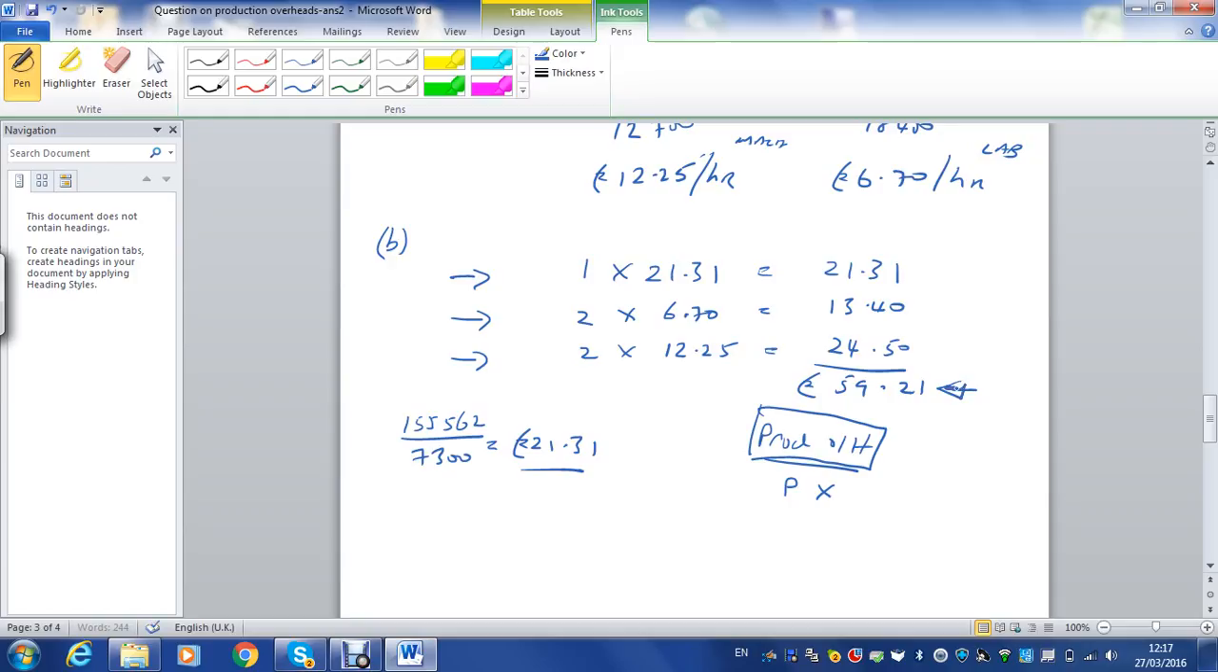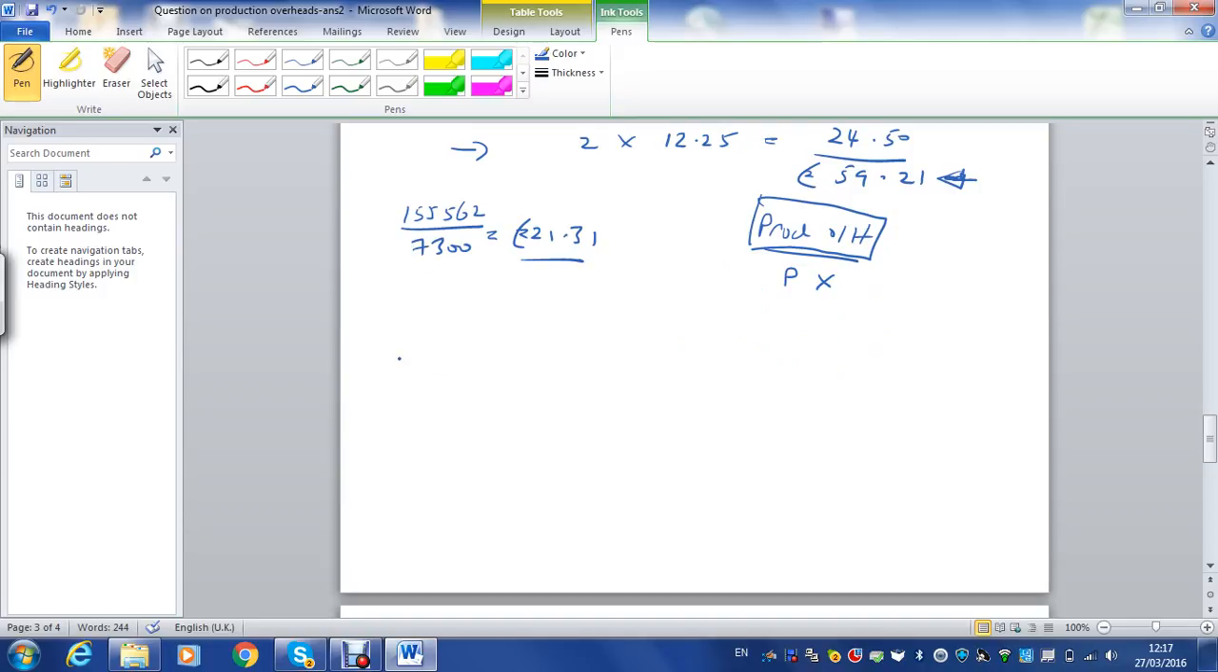Okay. Number C asks you about the blanket overhead, which we had at 278,810. Well, it doesn't make sense to just use that in total, because we have different components which drive the costs. With different components which drive the costs, and